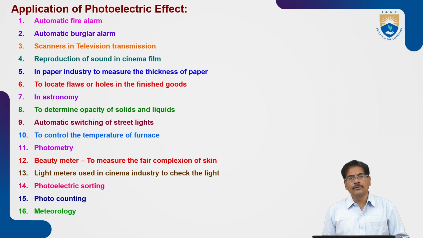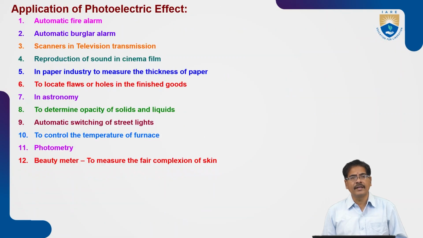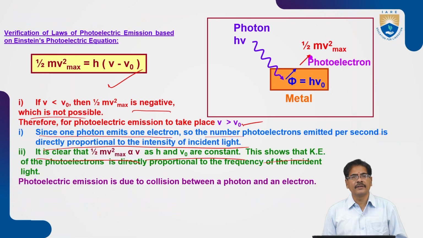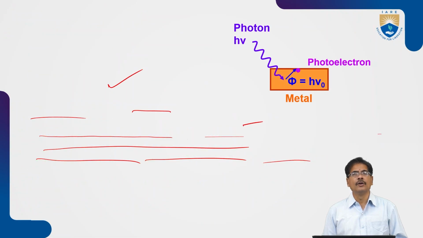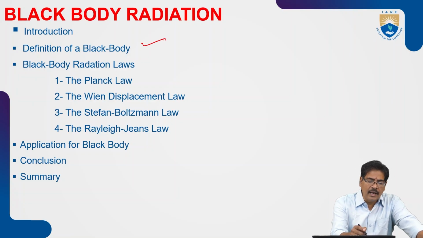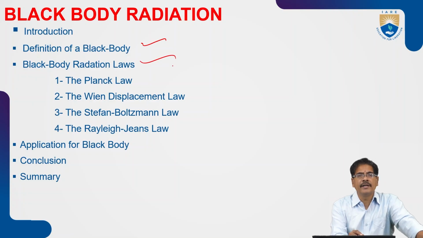Right. So after studying the photoelectric effect, we need to understand another factor where classical physics has failed. One of the topics is called blackbody radiation. In this blackbody radiation, we need to study the definition of a blackbody and the blackbody radiation laws. The blackbody radiation laws include Planck's law, which comes under Planck's theory of radiation. The other one is the Wien displacement law,